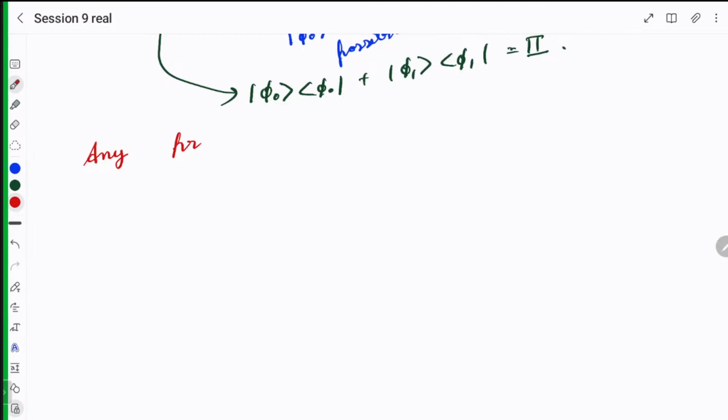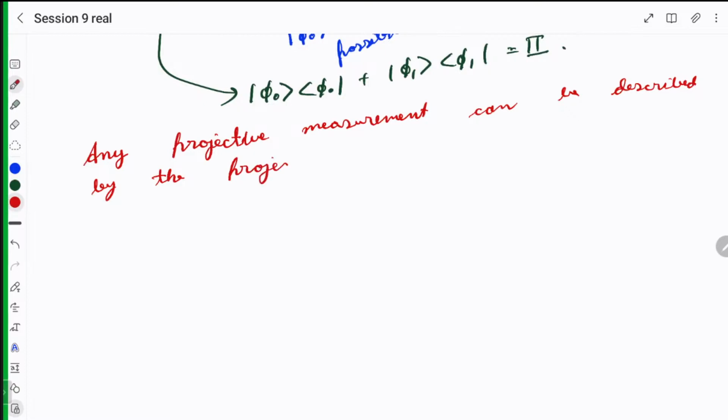Any general projective measurement can be described by the projection operators P naught, P1, and up to Pn, such that